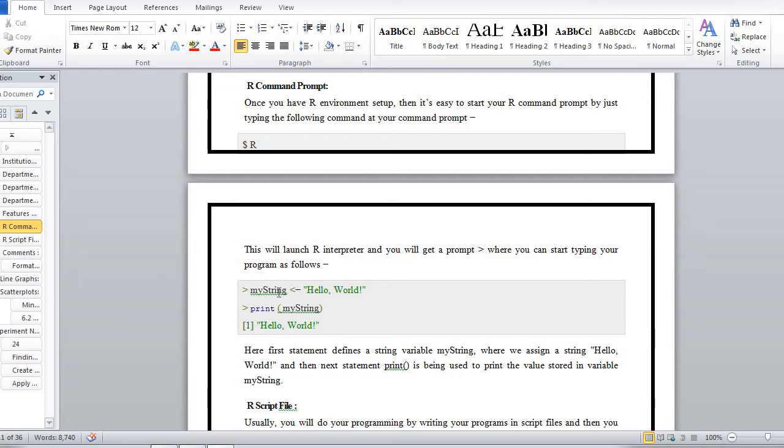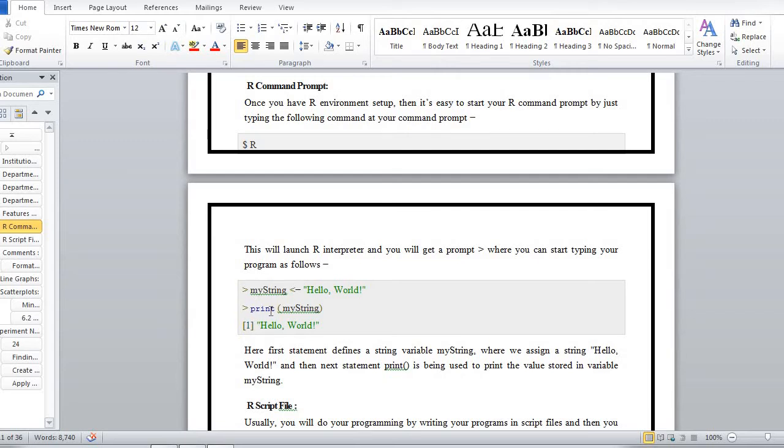Here you can observe, as compared to earlier studied languages, you have not declared any variable named MyString. You are directly assigning a value to the MyString variable. It automatically takes the input in a suitable format and assigns it to the variable MyString.